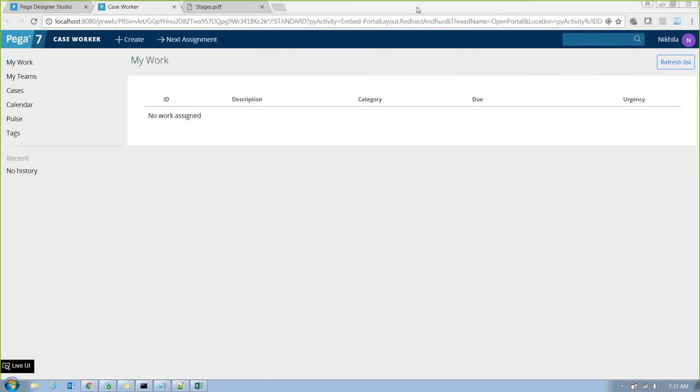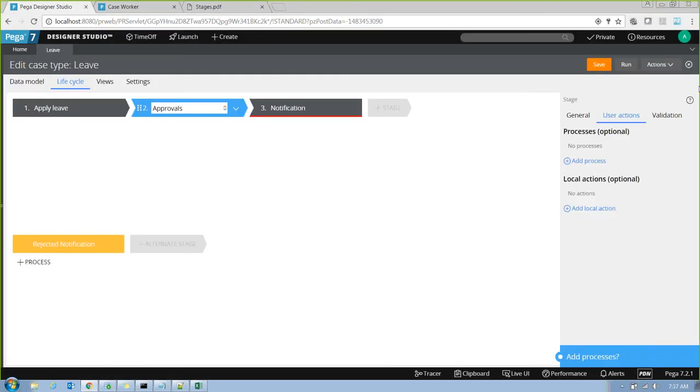Okay? And it is flow actions. Local actions are nothing but flow actions only. So Giri was asking, is this local action same as flow action? Yes, it is flow action only. Guys, if you are not aware of flow action, you can ignore this.